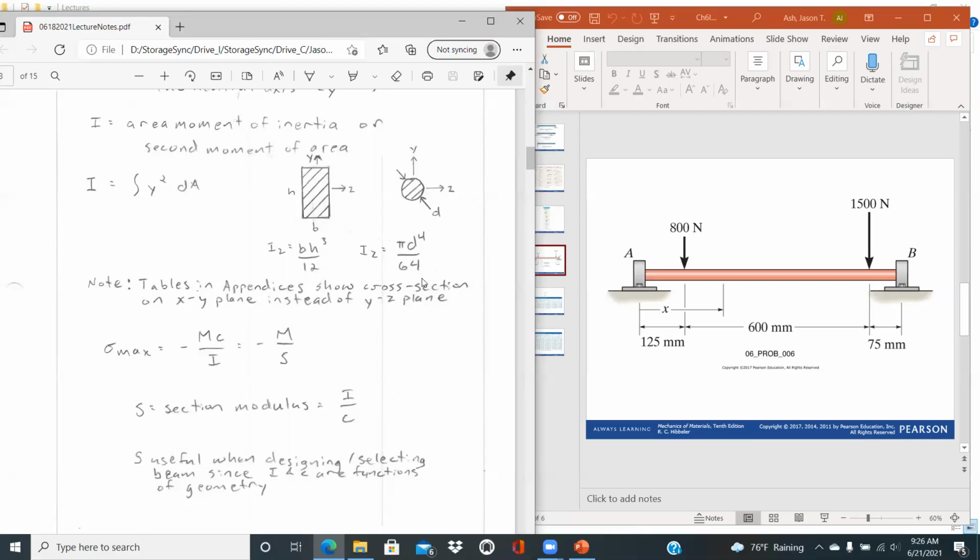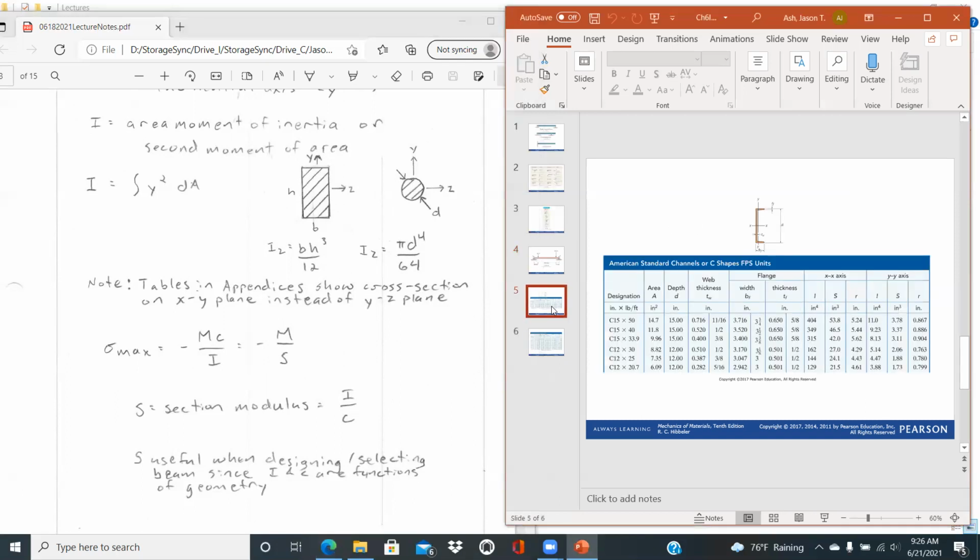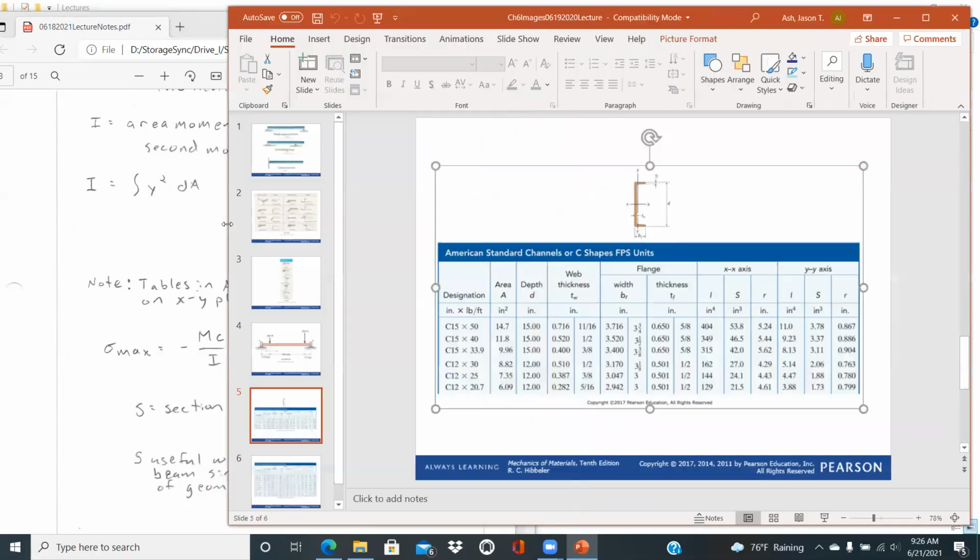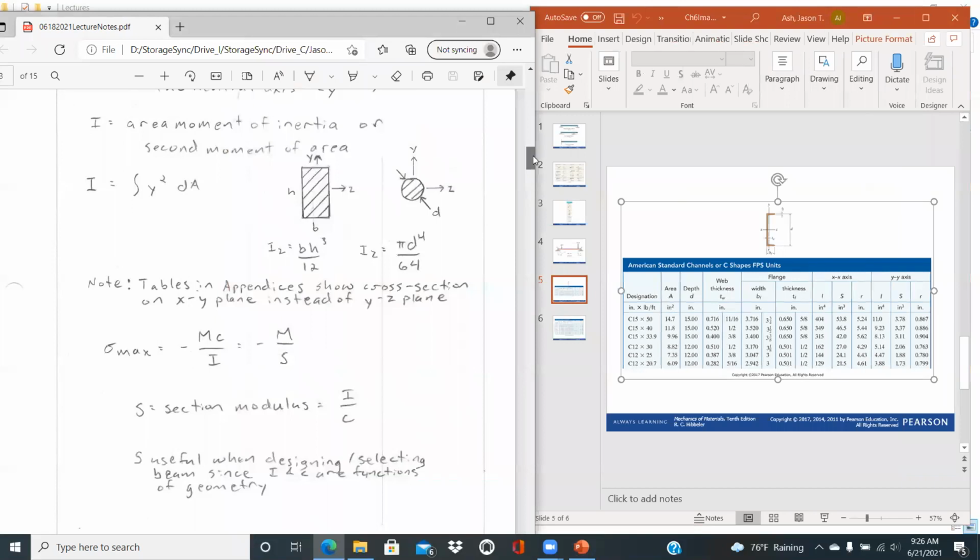One of the odd things that happens with your Hibbler textbook and even other textbooks is when you look at tables in the back of your book, for example, when they classify their beam or draw their beam, they draw it with respect to the x-y axis. And so you end up with your area moment of inertia about the x-x axis and the y-y axis based on the tables. But I think that causes confusion because